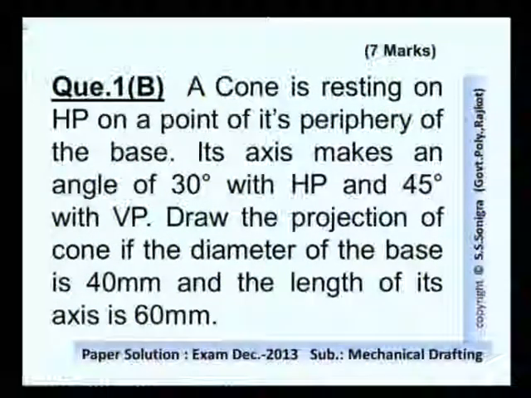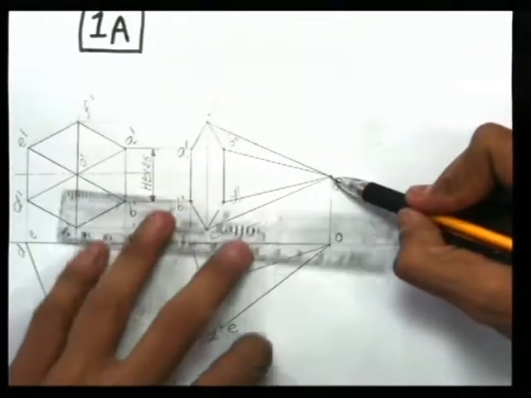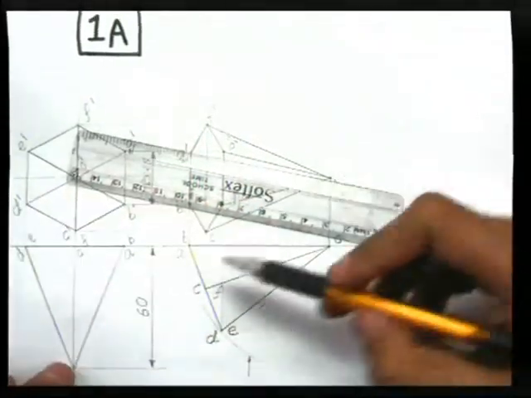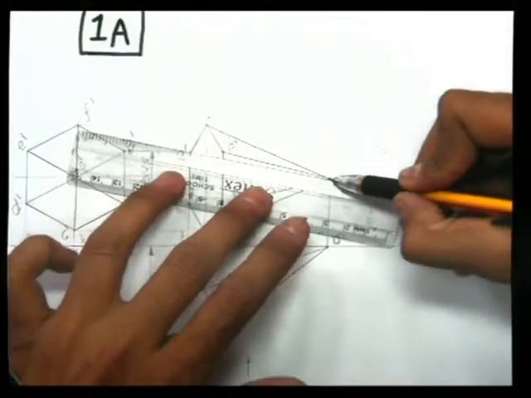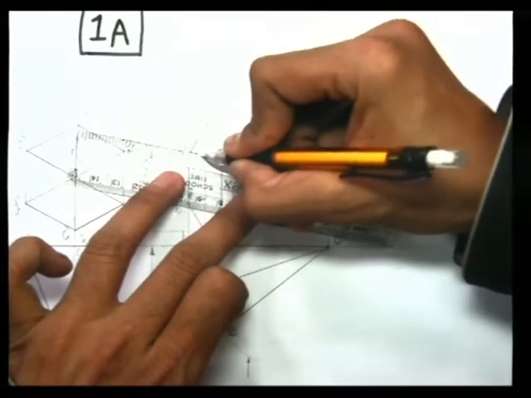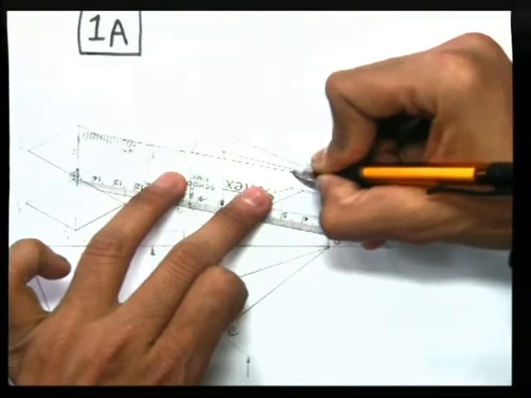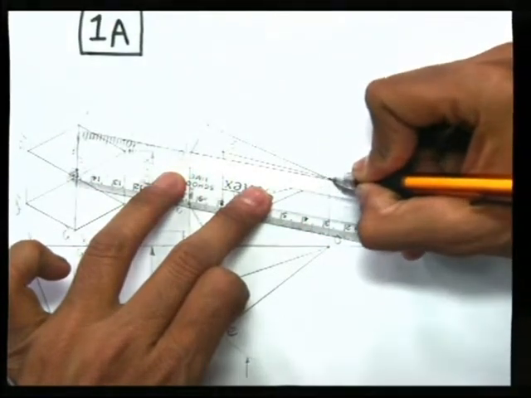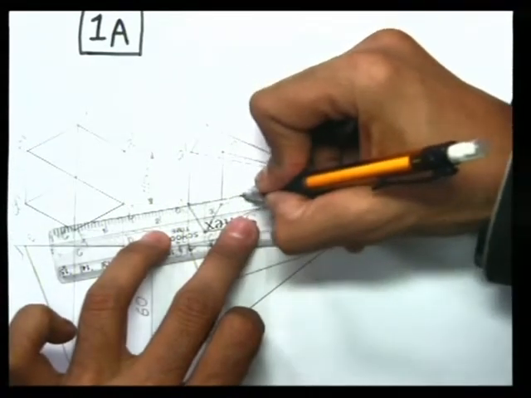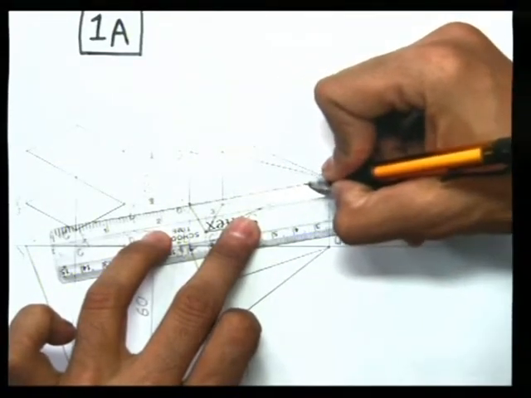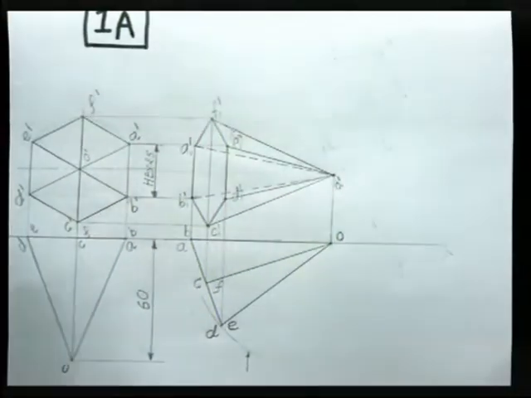Here, this edge OA and OB, what about that? OA is on the below side, and OAB is towards the XY line on the VP, so that edge will not be visible. So join them with the dotted line like this. This dotted line shows the OAB triangle, and OB, O1 dash B1 dash, with the dotted line, that is not visible. So join by dotted line.